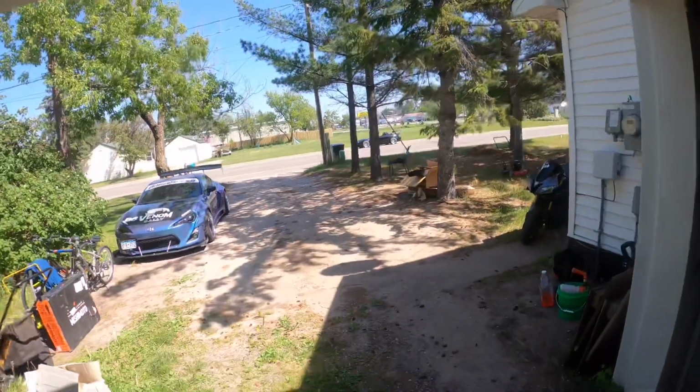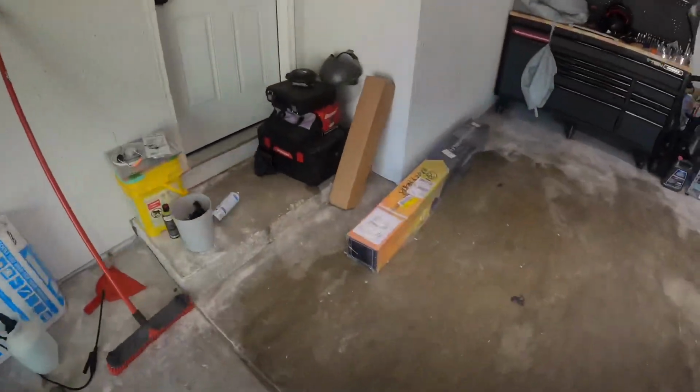So we'll come back as soon as I get all this taken care of, car cleaned, garage cleaned, and ready to go. And then hopefully I can get started on this today before work. We'll see if the car turns out good. S2000's cleaned. And while I was gone,